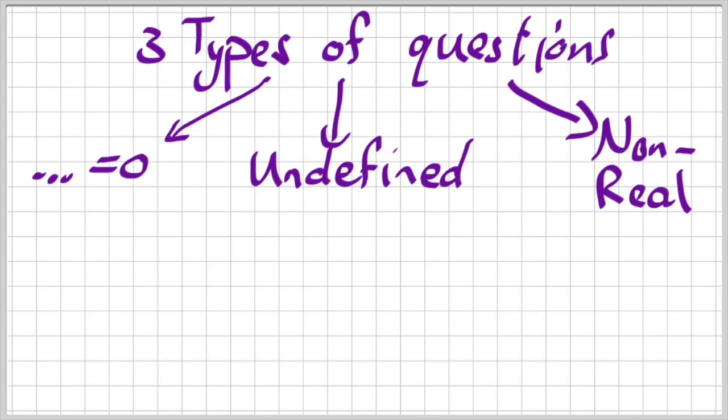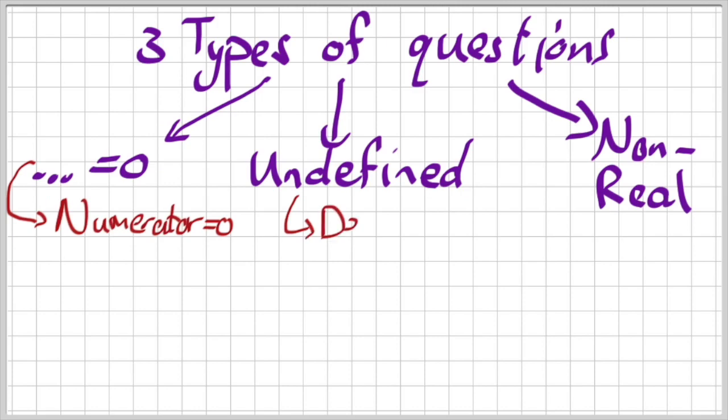So when they are asking you for equal to 0, I'm going to look where the numerator is equal to 0. Whatever is in the rest of the expression, I'm not going to worry about. Secondly, where it's undefined. That's when the denominator is equal to 0. Okay? Now I'm just going to add a small side note here at the bottom as well. Don't forget